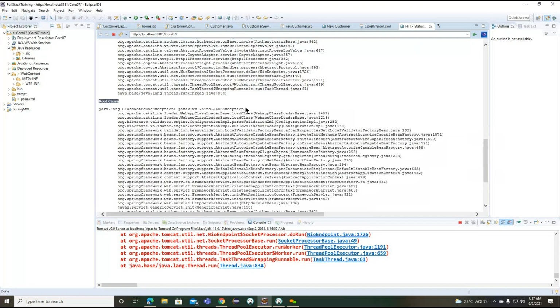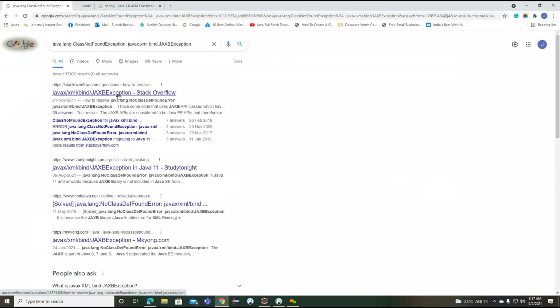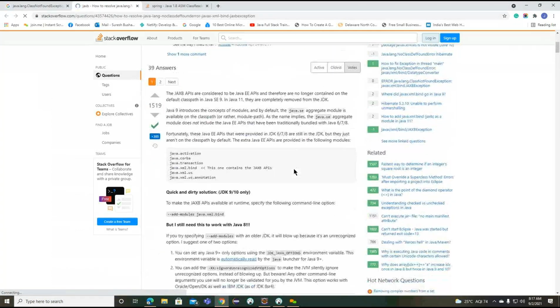We need to add this particular JAXB dependencies as well. Let me add this particular dependencies also here.